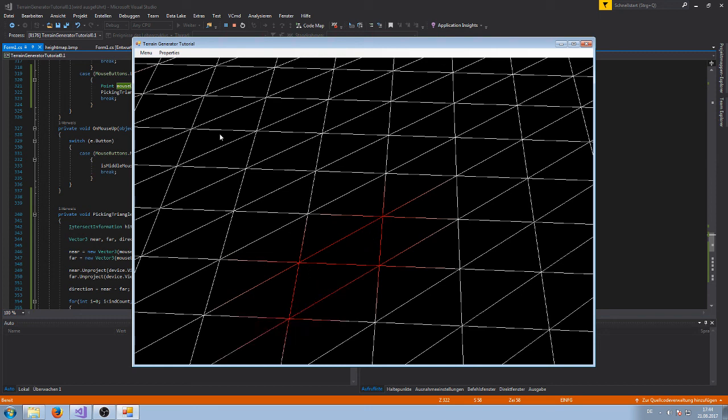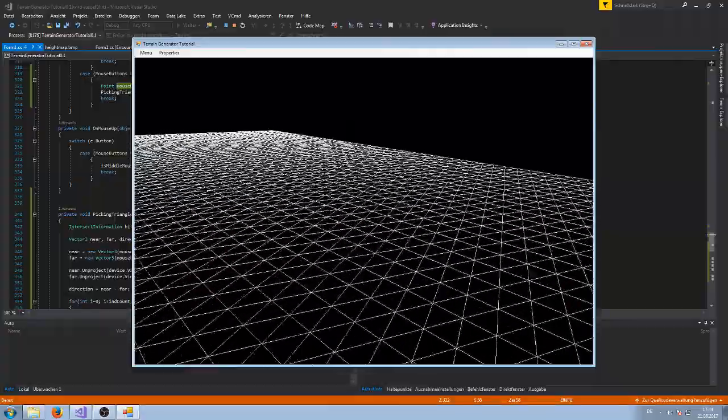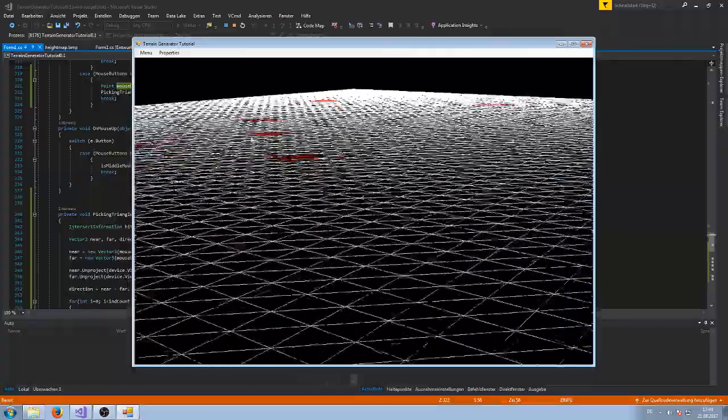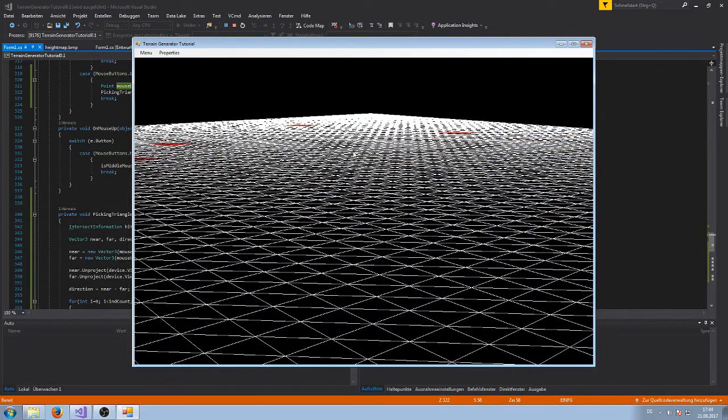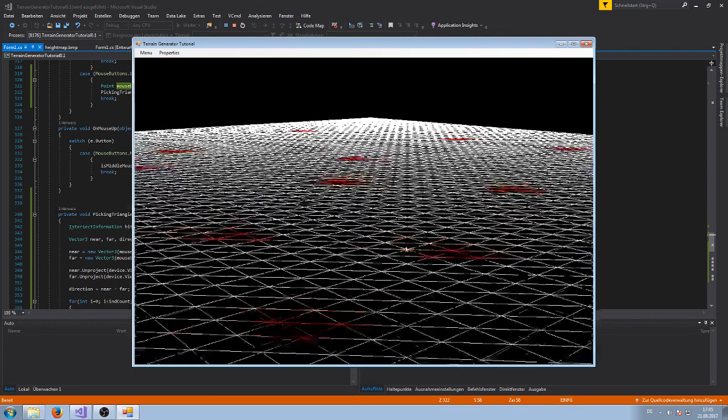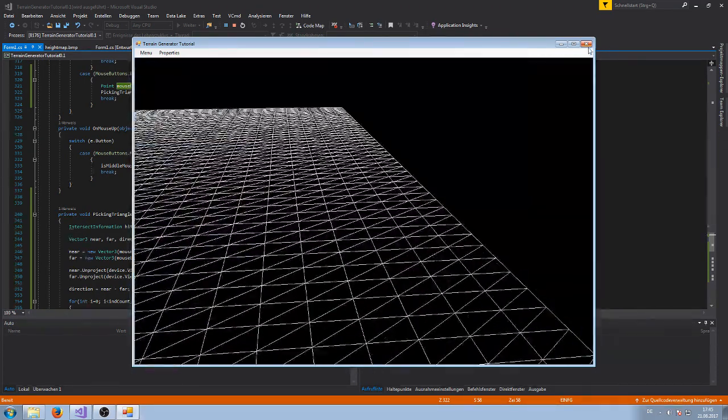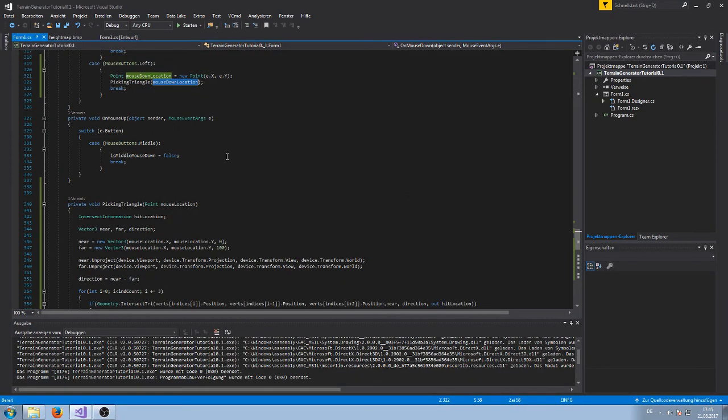So, and it does not matter on what location inside the triangle I click, it turns it totally. And it does also not matter from what angle I'm looking at it. It really computes now the very right position. Pang, pang, pang. Pretty cool, isn't it? So, yeah, let's add some